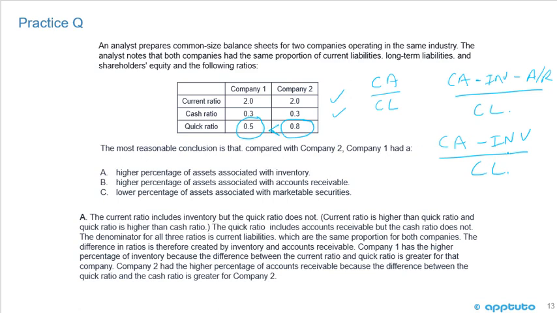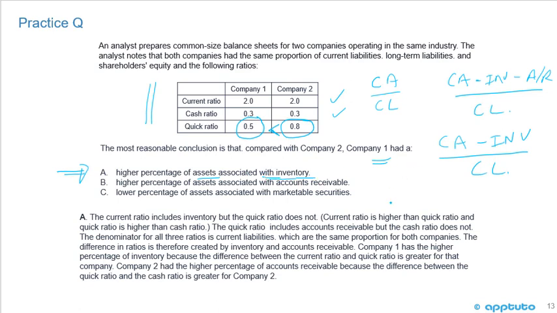So what does that mean? It means that the inventories must be greater for Company 1 to make the numerator less. And that's the way I solve this. I don't try to think it all through in my head. I'm going to write out the ratios, and then sometimes I can even plug in some test numbers if I feel I've got the time, just to be clear on it. But we can see, to make the numerator smaller for the quick ratio for Company 1, the inventory must have been greater. Okay, so the answer is A,